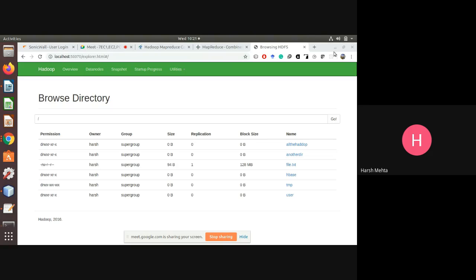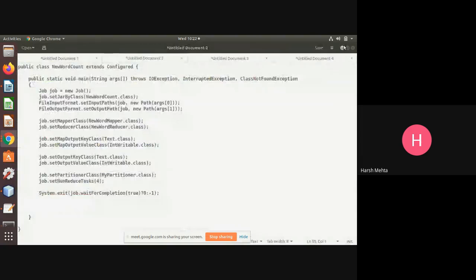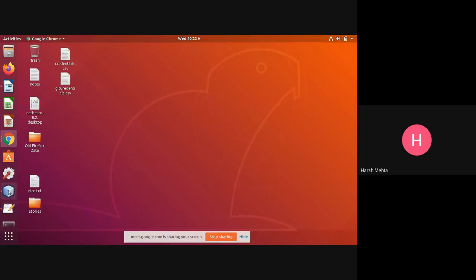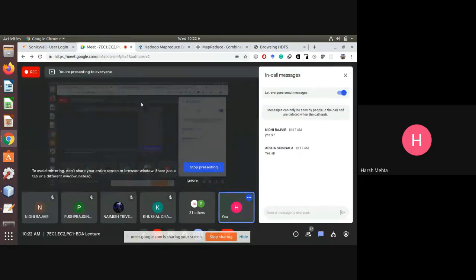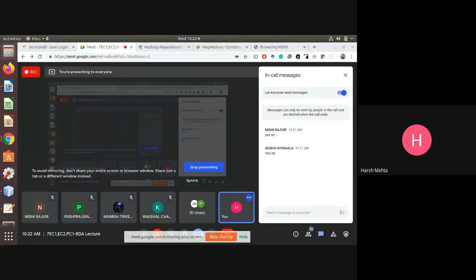Why is my local file system not opening? Okay, let me open that file from here.